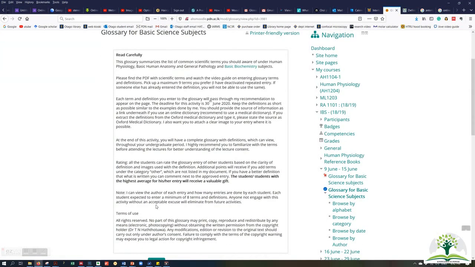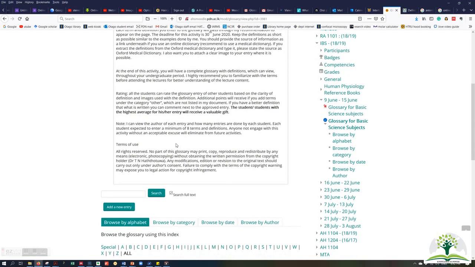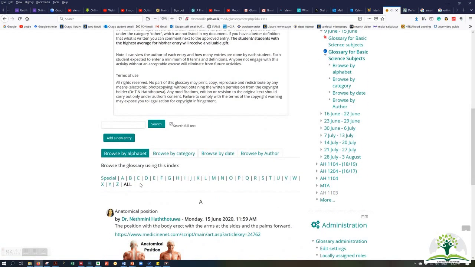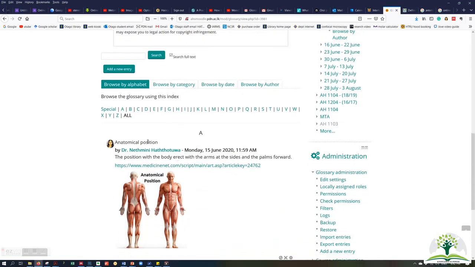First I will show you my entry. So this is the definition for anatomical position that I entered. As you can see, it shows who entered the definition and the date as well as the time. And see the definition, it's very short. That's what we expect in a glossary.